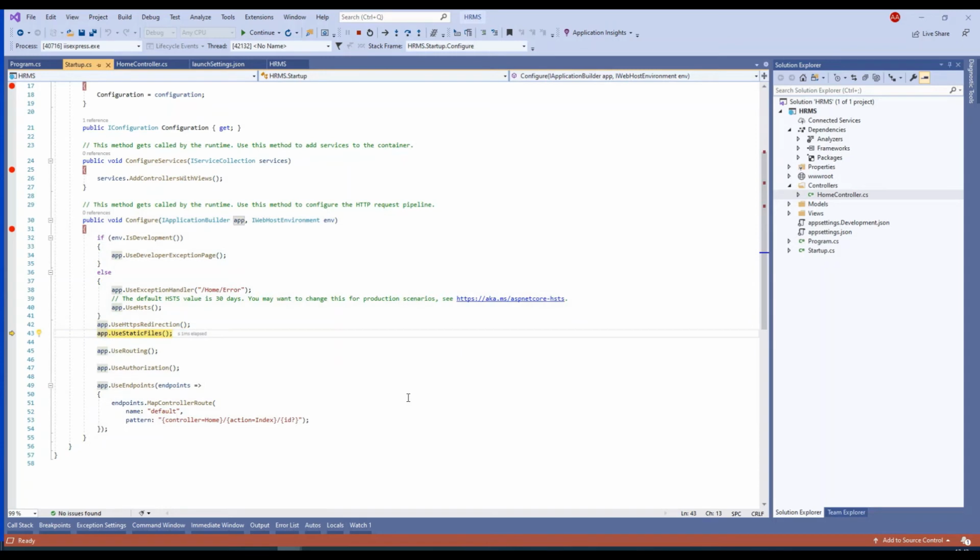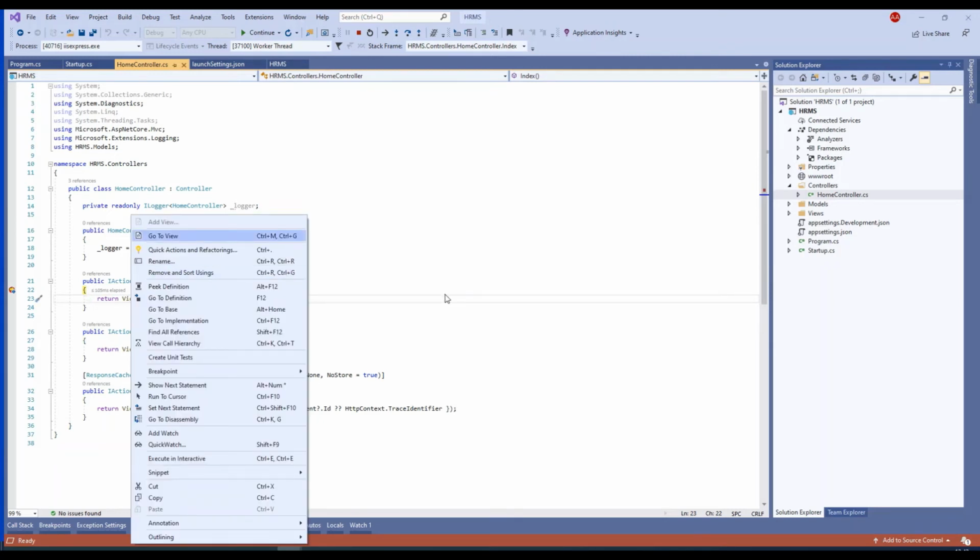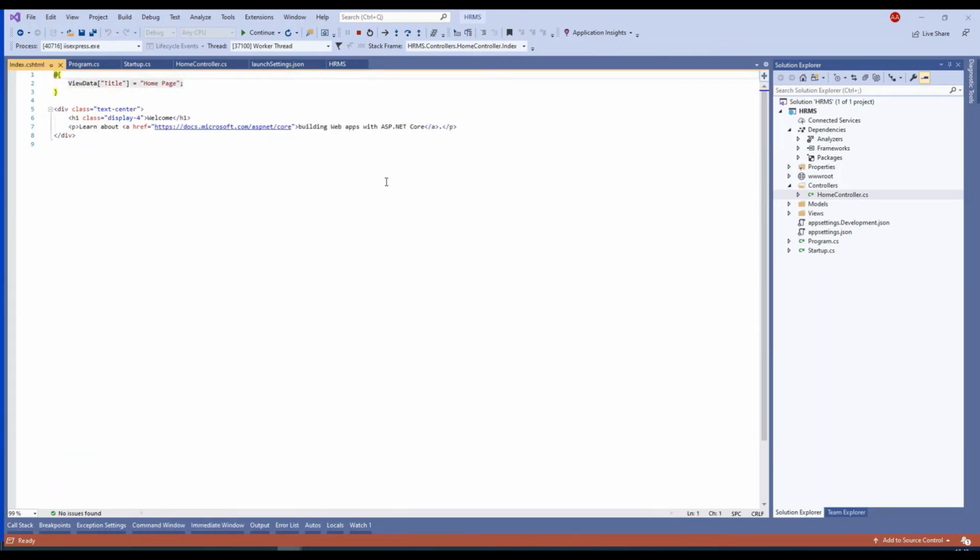Okay, this is the HTTP direction. These are what I call middleware. Before starting the project, all these things are getting set. Okay, endpoints here: home index, home controller and index. So which view is it going to open? How to check that? Right click on that, say go to view. See, this view is the one opening, right?